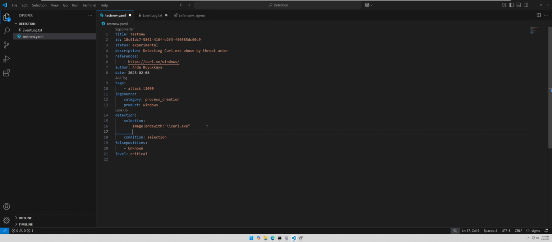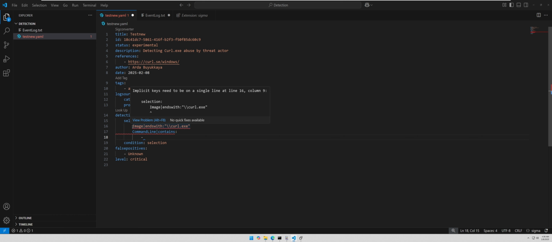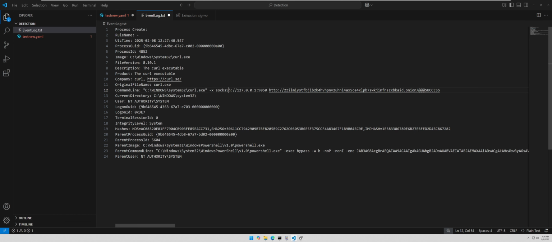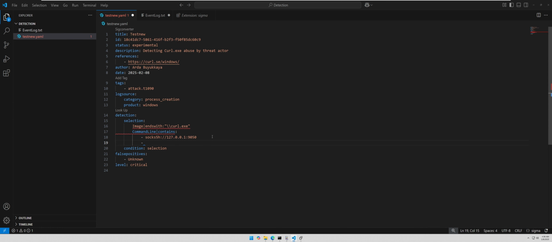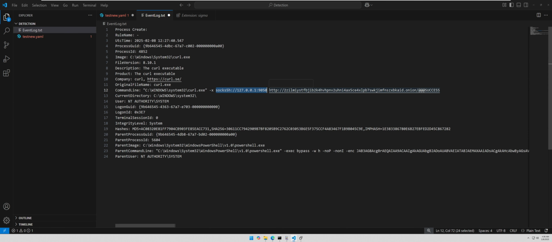Next is the command line, because we saw that the threat actor designed the PowerShell script to execute a specific command line. Contains, so the command line contains, let's go over here, for example this one, and the next thing is